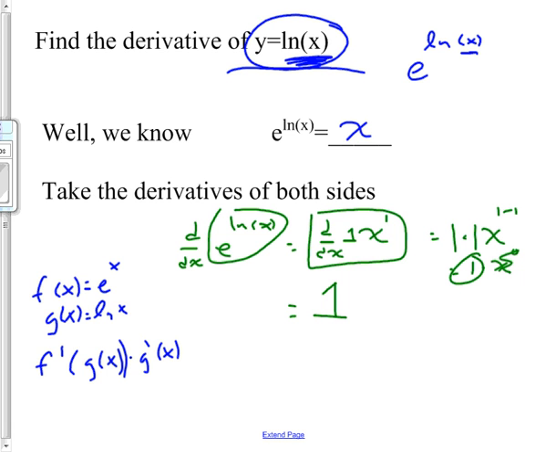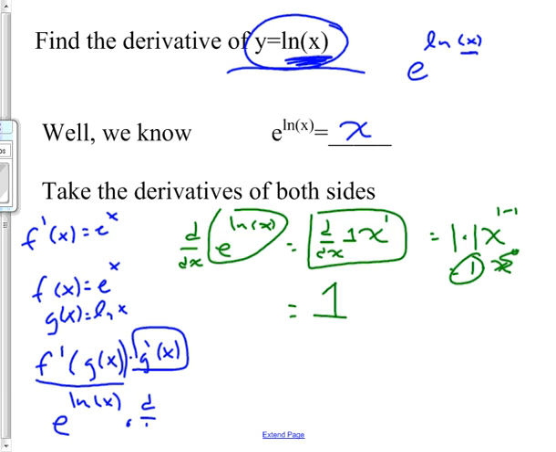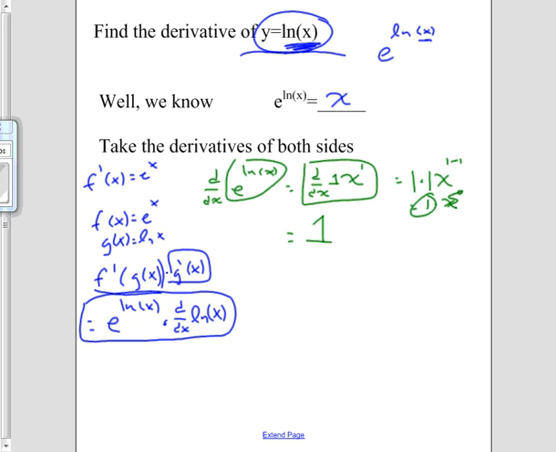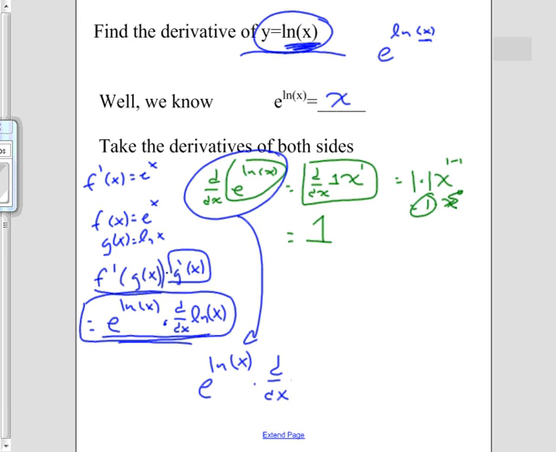Well, the derivative of e to the x, we know is just e to the x. So f prime of g of x would be e to the ln x times g prime of x. Well, g prime of x is the derivative of ln x. So therefore, this, which I found right here, we have e to the ln x times the derivative of ln x